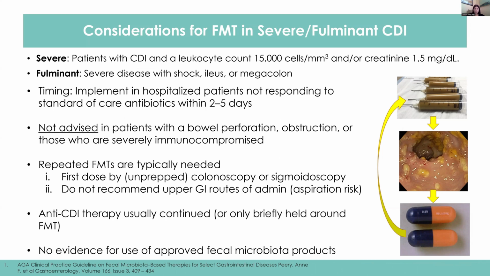So in terms of protocols and how you do this: severe infection, white count greater than 15,000, bump in the creatinine, and the fulminant patients are those that are usually managed in an ICU, shock, ileus, megacolon. You want to really be timing the FMT as soon as you realize these patients aren't responding to standard of care antibiotics. The AGA guideline says 2 to 5 days, but really thinking about this upfront as the patients are rolling into the hospital. Is this somebody that we might need to be doing an FMT in,